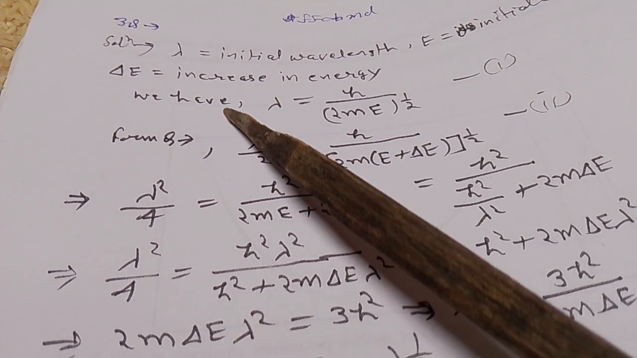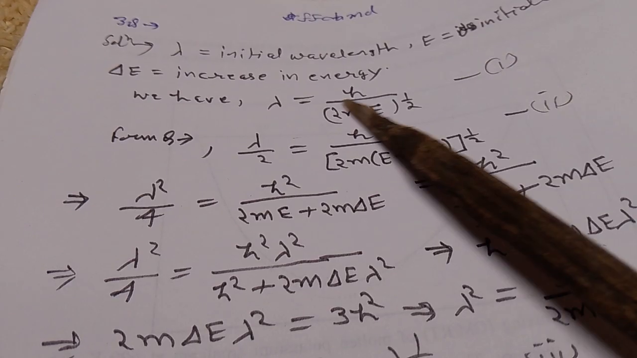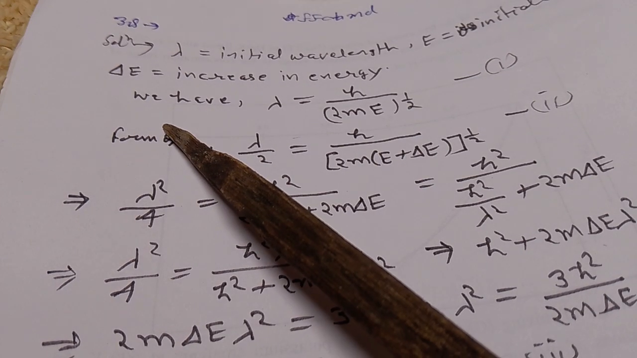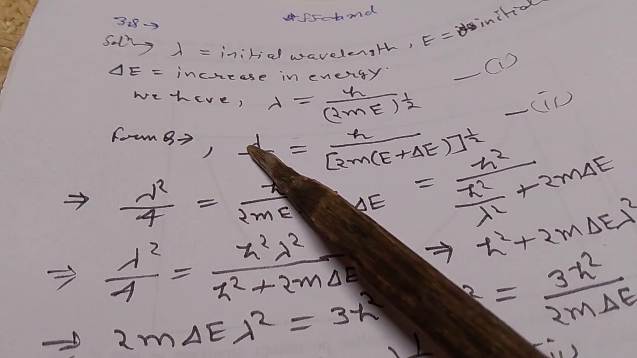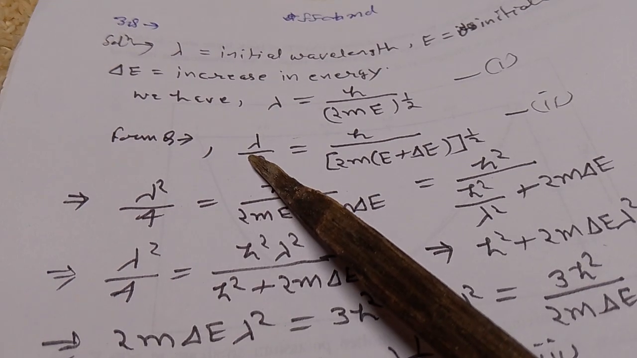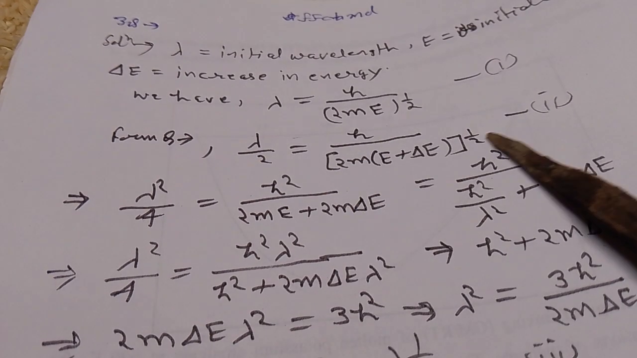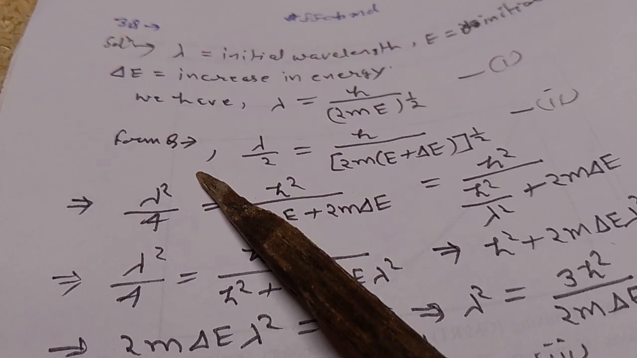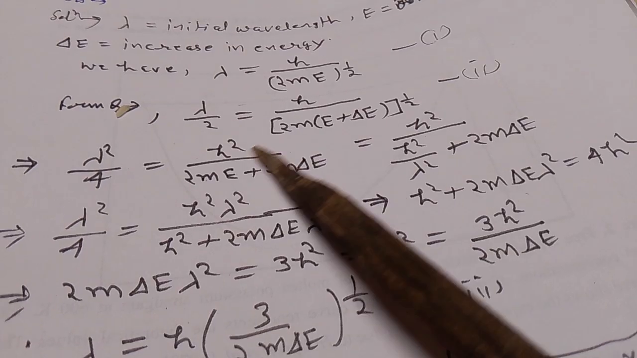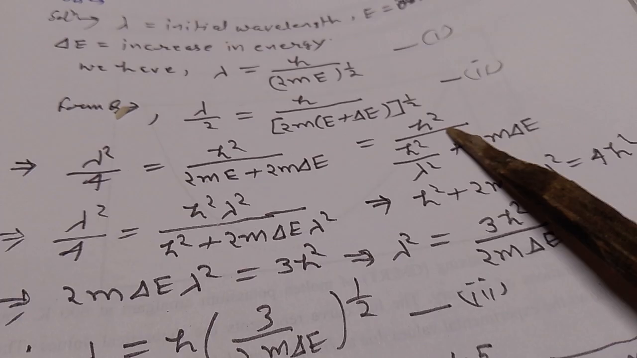If lambda be the initial wavelength and E be the initial energy, and delta E be the increase in energy, we have lambda equals h by root 2mE, and from the question, after increase in energy, the lambda changed by a factor of 1 by 2. So lambda by 2 equals h by root 2m(E plus delta E). And solving this, we square both sides. So lambda square by 4 equals h square by 2m into